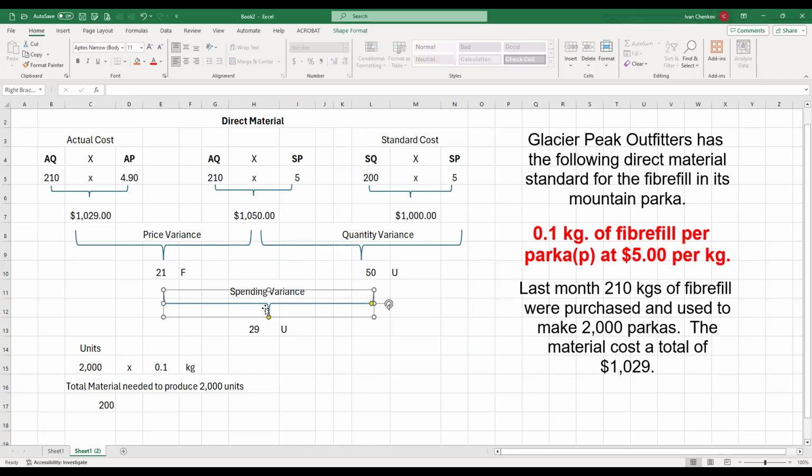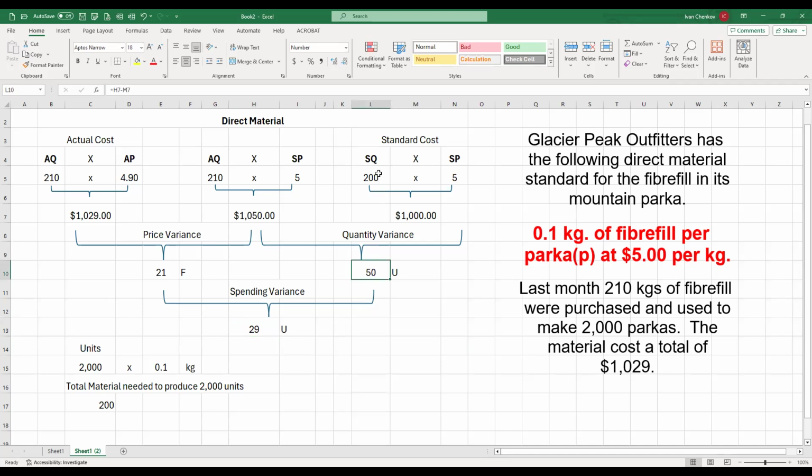Where are we? Saving or overspending? We're spending. Overspending $29, right? So once we see overspending, we're going to start thinking, okay, I understand